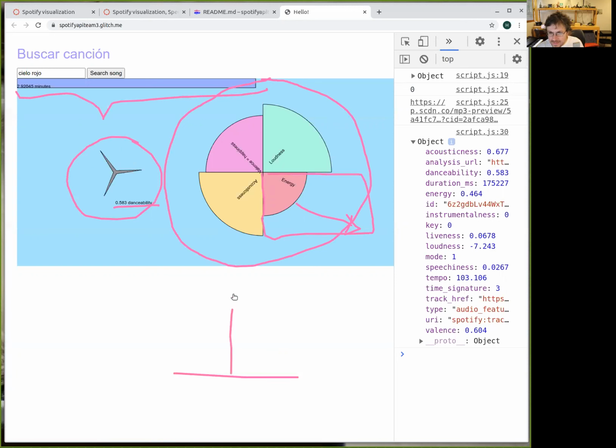Can you see my screen? Yes. Okay, we are going to play hangman. Two letters. A? No. E?